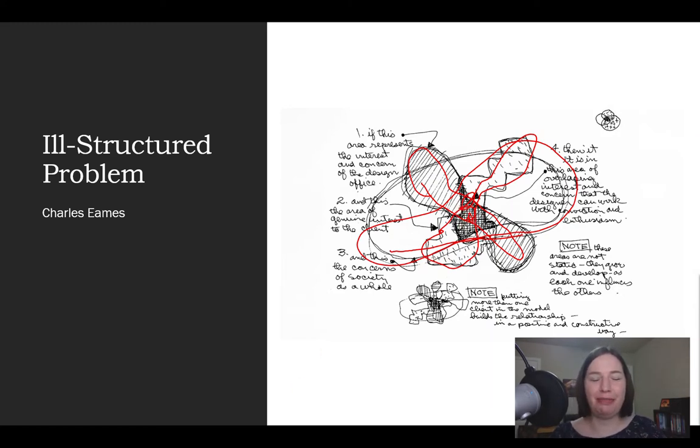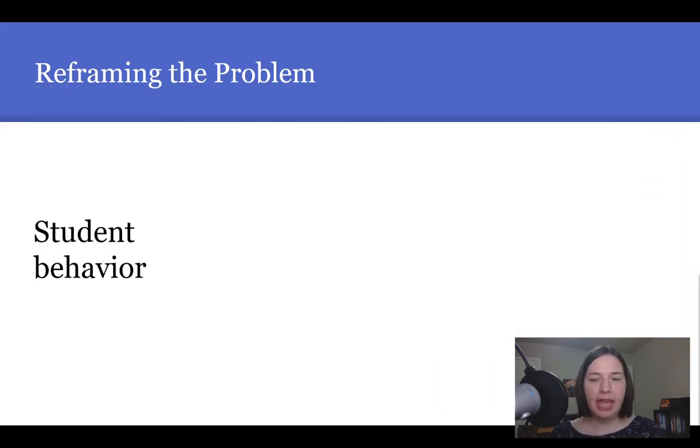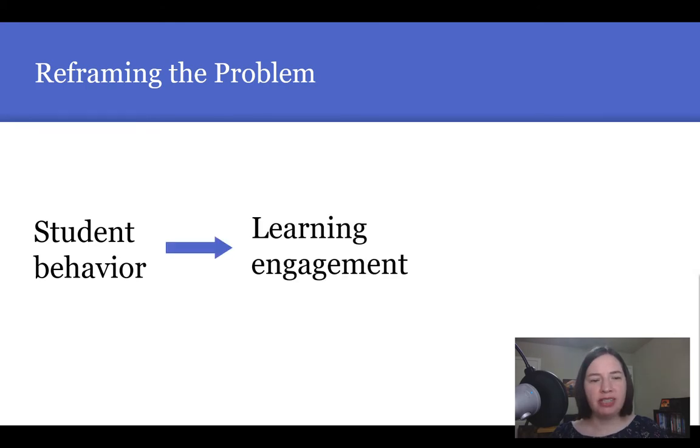Let me give you another example. This was my dissertation research I did with some teachers. I was working with them to help them address problems using design approaches. And they started out with this problem where they said, students have very bad behavior in our school. They don't respect adults at all. And so this is the problem that we want to fix, that they have bad behavior. Well, as we talked more, we reframed that. We said, I think they're just not engaged with learning. They come to school and they're not engaged. That's why they have bad behavior. Maybe instead of focusing on the behavior, we could focus on their engagement.